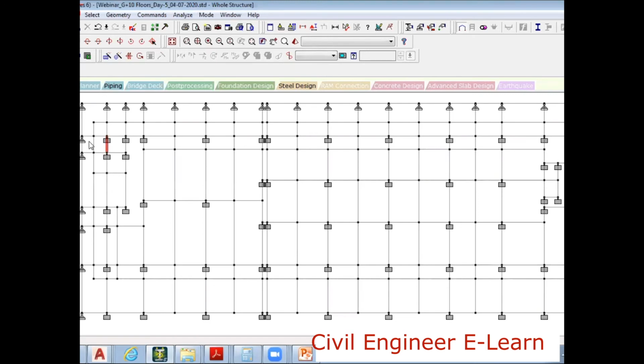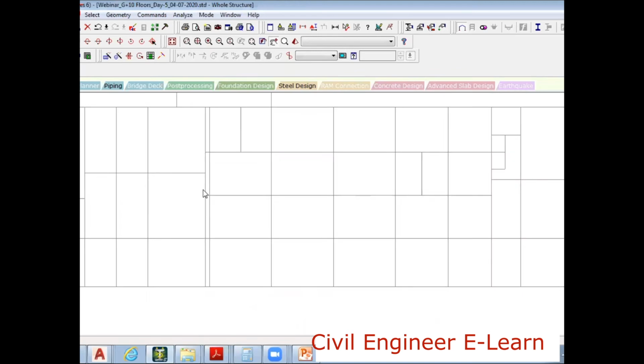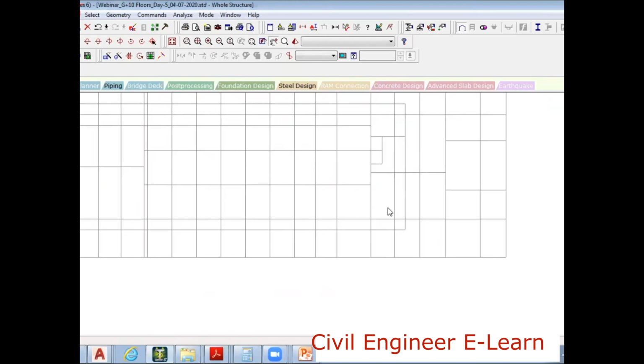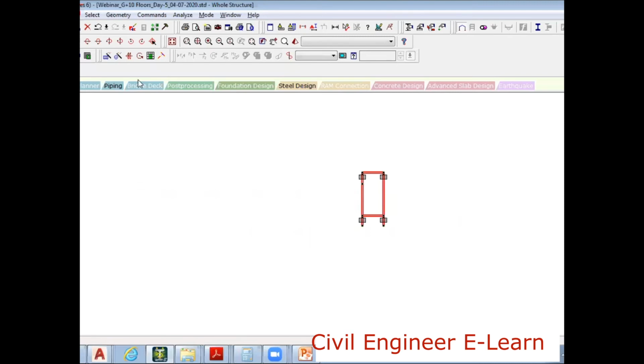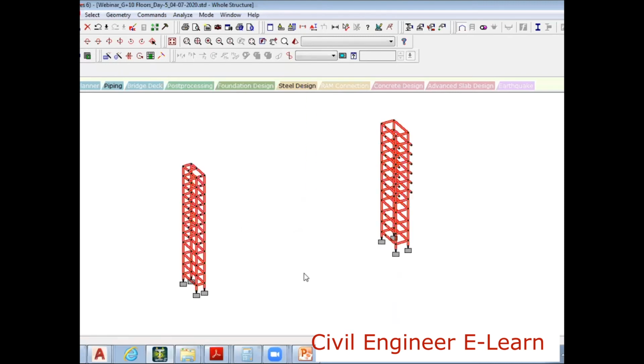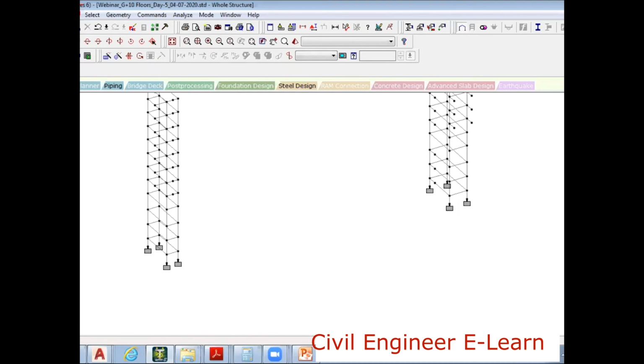I also have a staircase here. Press Alt VV. See, this is one staircase and this is one staircase. Now I have to add mid landing beams.